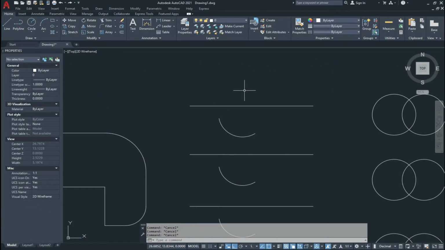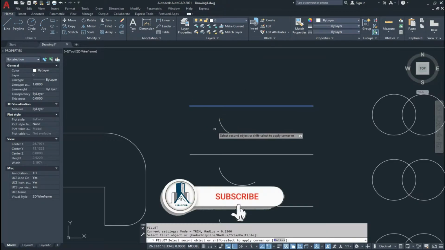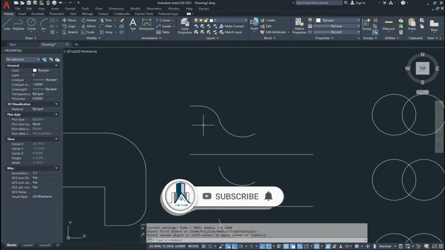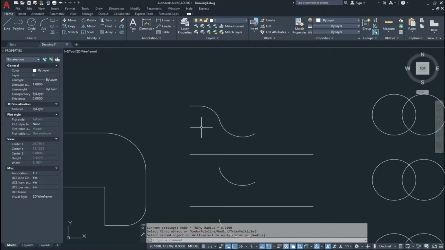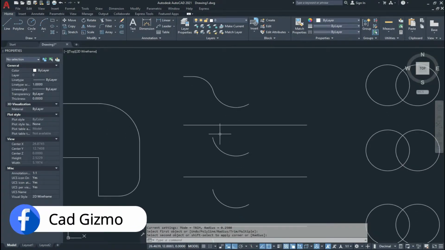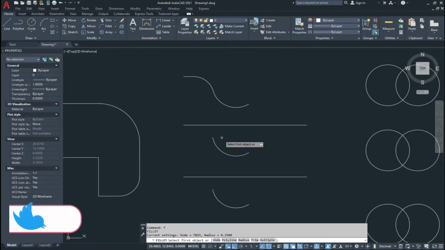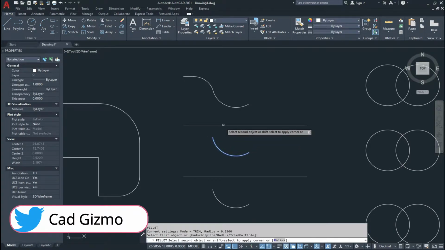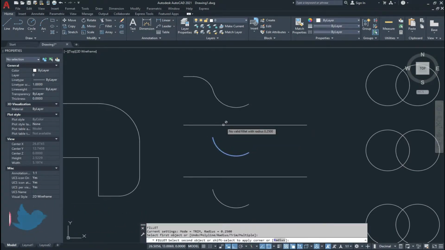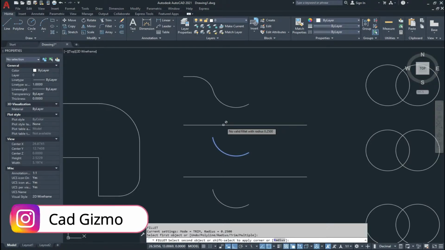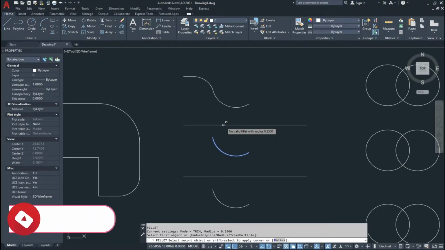Now in this example, type F and press enter. Click on this side of the line and click on the arc. So this shape will happen with the fillet. And if I make a fillet on this part, type F and enter, click on both these lines, and you see here: no valid fillet with radius 0.25.